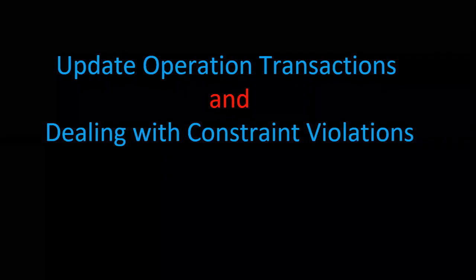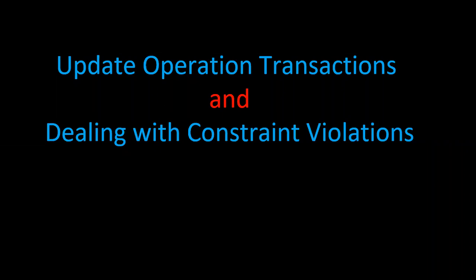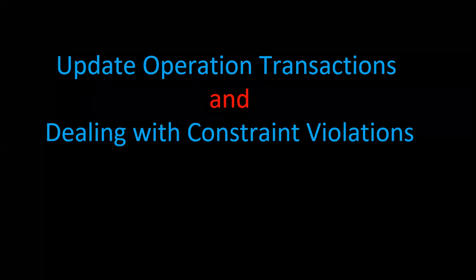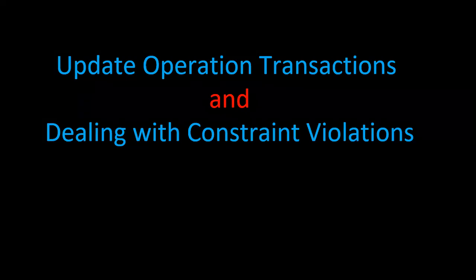Okay, in the previous session, we discussed the different types of constraints to be followed in the database. Now in this session, we'll discuss the different operations which we can perform on a database. While performing those operations, sometimes they violate the different database constraints. When the database constraints will be violated and how to deal with those violations will be discussed here.